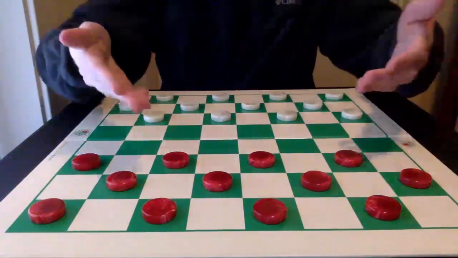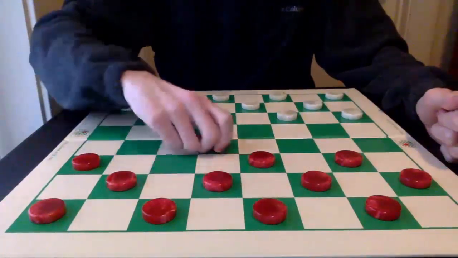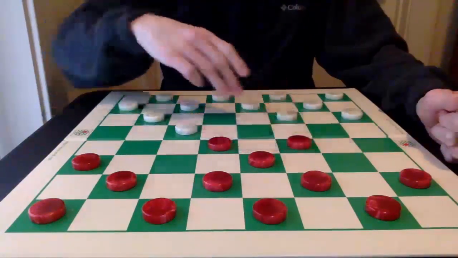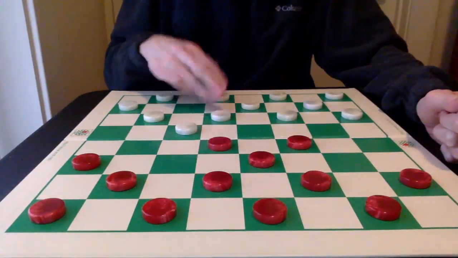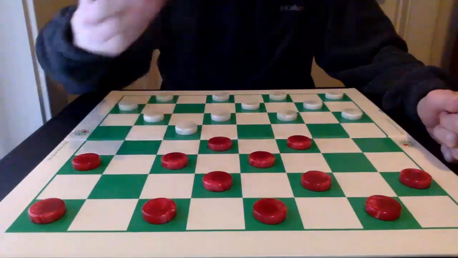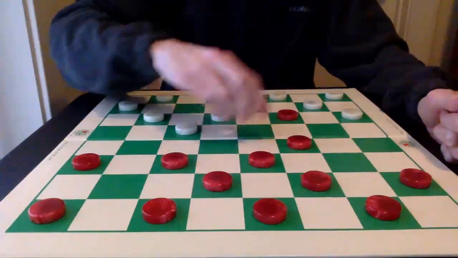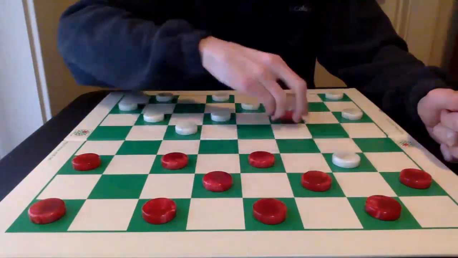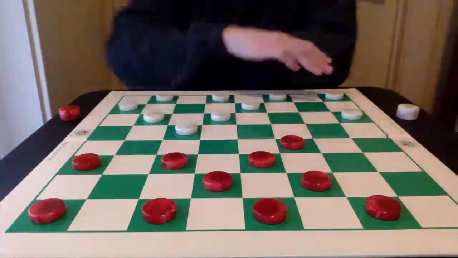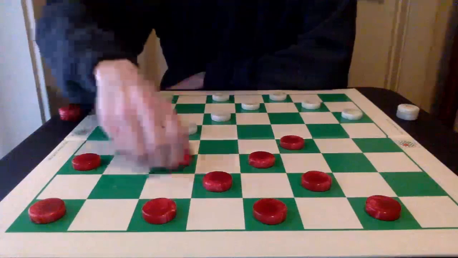So that was the Defiance from the white perspective. Now let's see it from the red perspective. So again, 11-15, 23-19, 9-14, and then 27-23 is what defines this opening. 8-11 next, and then exchanging off the piece on 15 right away for the 2 for 2. And now 29-25, 11-15,